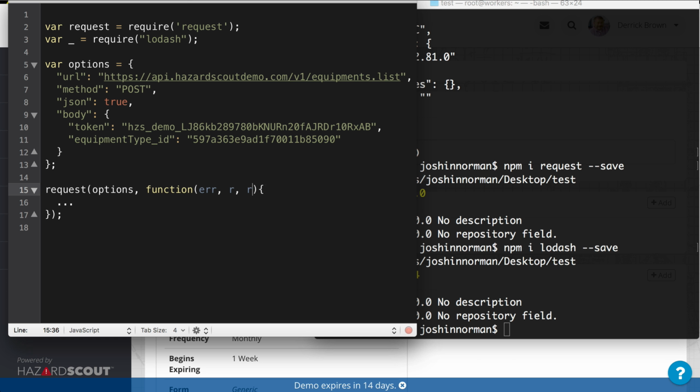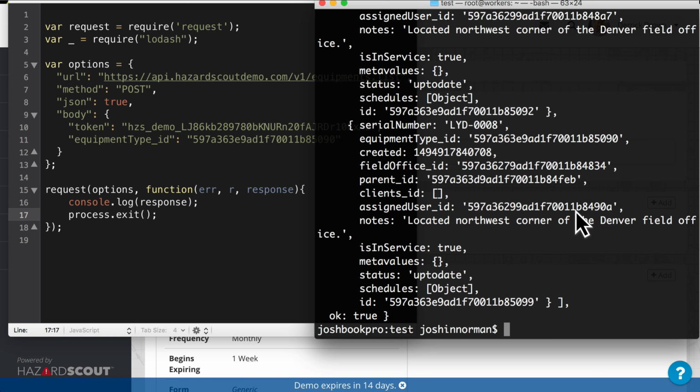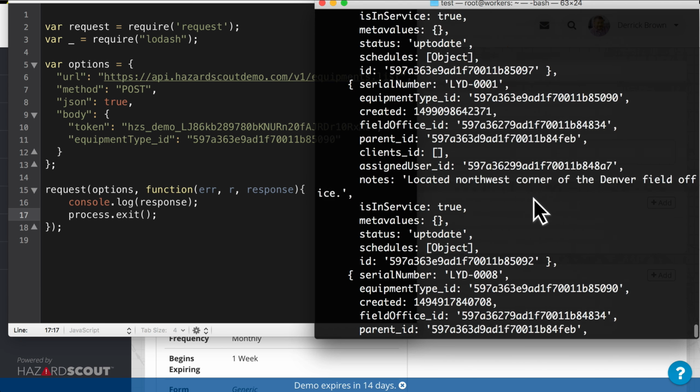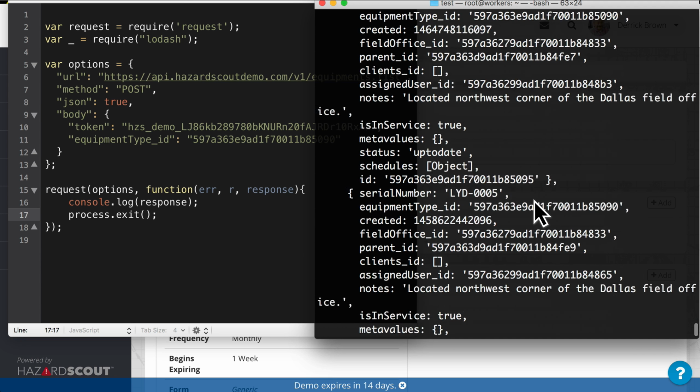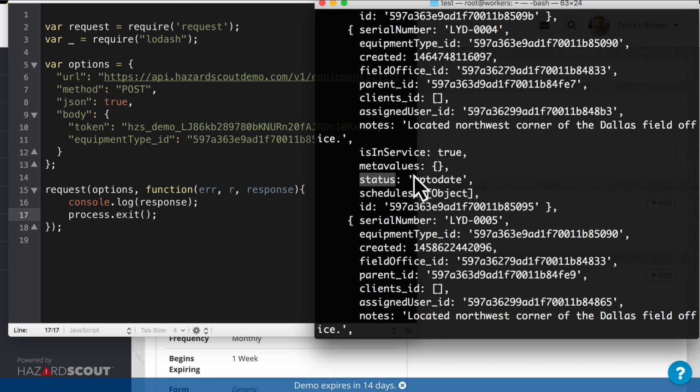And then we're going to get the response object right here, and we could just go ahead and log it just to see something. We'll just log the full response, and then we'll exit. So now I will run that script, and there it is. I can see the JSON for this object that was in the response, and I can see I've got all the equipment, and within each of these equipments I can see that there's a status and